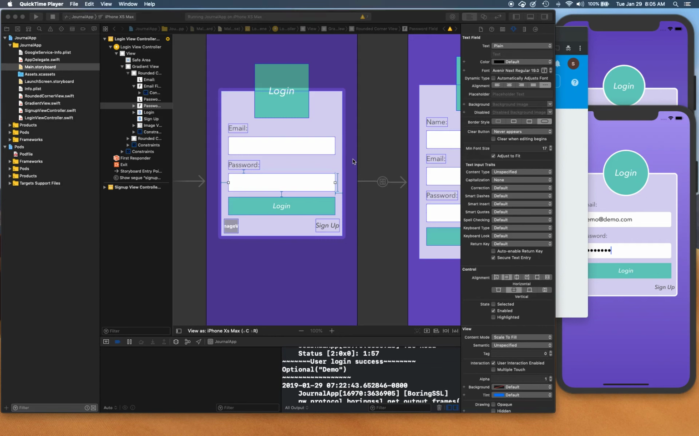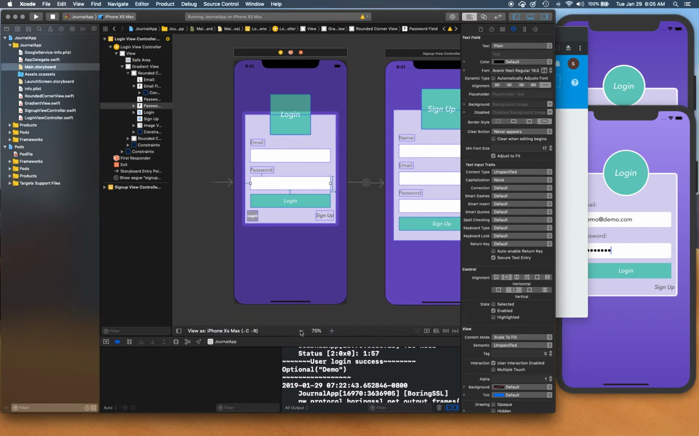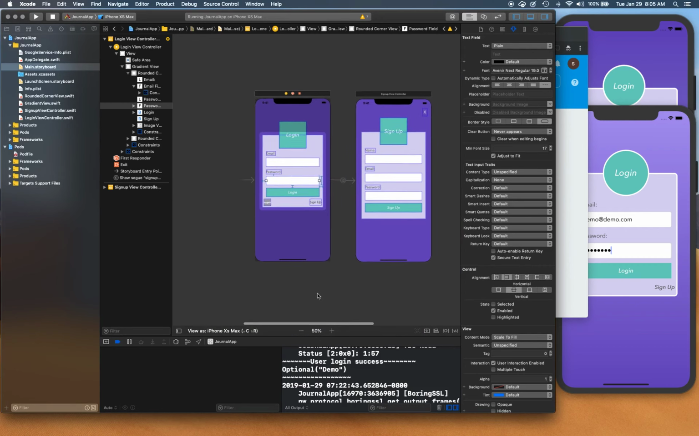Hello and welcome back. In this video, we are going to be creating our main screen for the Journal app. Basically, when the user logs in, they're going to go into their homepage to see all the journals that they have created so far. Okay, so what we're going to do is zoom out a bit in the storyboard,